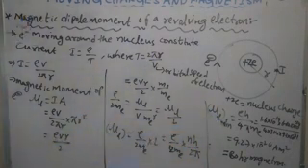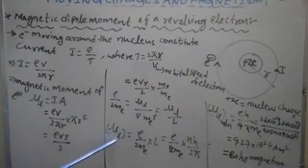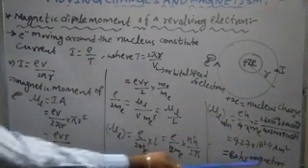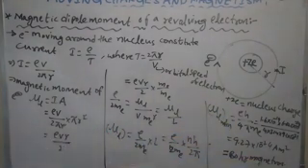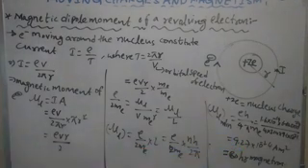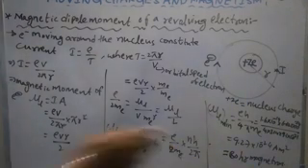For the hydrogen atom, n is equal to 1, the first orbit. In the first orbit, the magnetic dipole moment of the revolving electron, with n equal to 1, is the minimum, and it is called the Bohr magneton. This is a very important value. Remember, in KCET and board examinations, a 1-mark question is asked on it. The minimum magnetic dipole moment of the revolving electron is called the Bohr magneton.